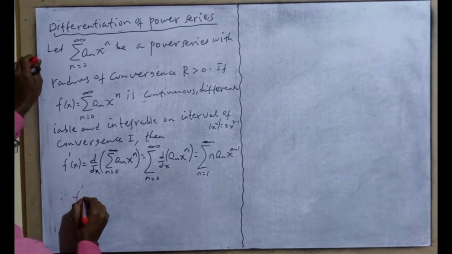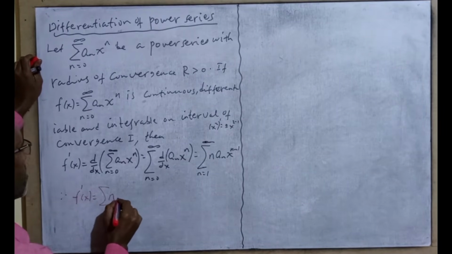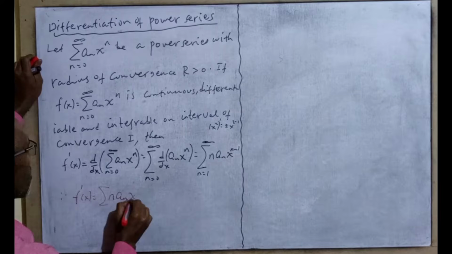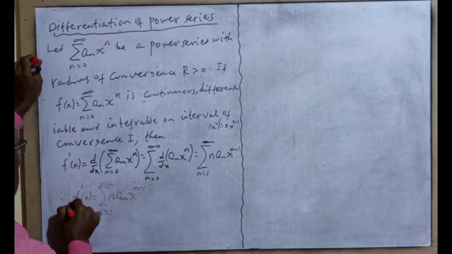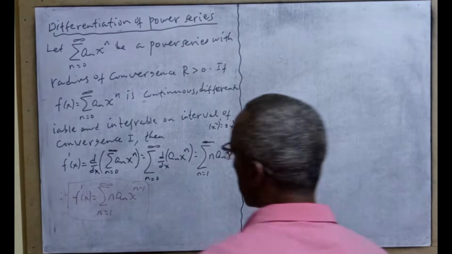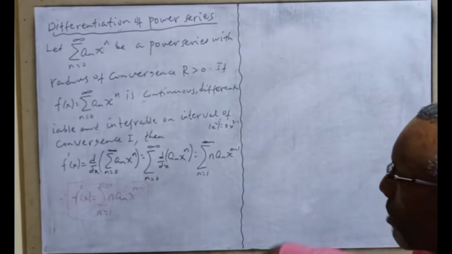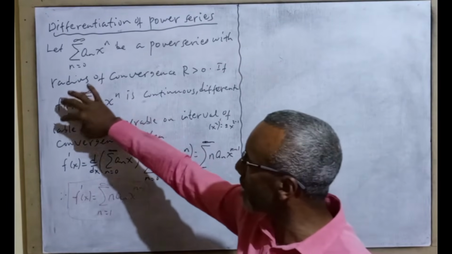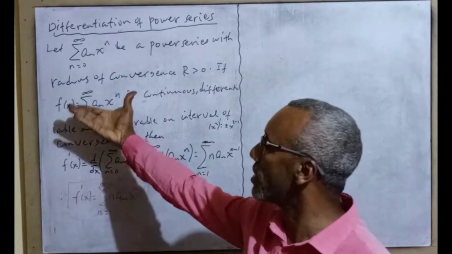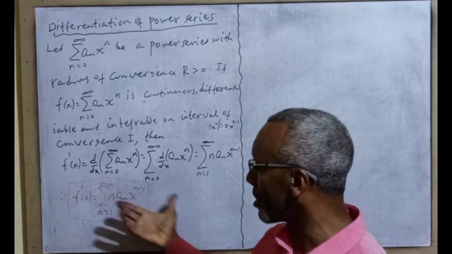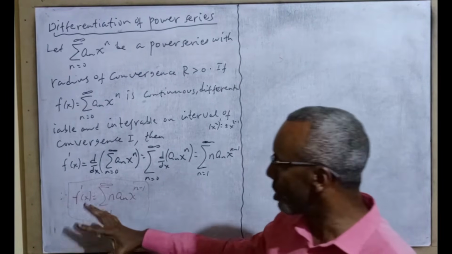Therefore f derivative of x የምንለው ምን ማለት ነው? the sum of n times an x raised to n minus 1, n runs from 1 up to positive infinity ይሆናል ማለት ነው። አሁን ምን ማድረግ እንችላለን? ምን መፈለግ እንችላለን? for any values of x መፈለግ እንችላለን የዚህን ዴሪቫቲቭ ማለት ነው። ወይም ደግሞ አንድ ፈንክሽን ቢሰጠኝ ልክ እንደዚህ አይነት ፈንክሽን ቢሰጠኝ የዚህን ፓወር ሲሪስ ዴሪቫቲቭ በዚህ መልኩ ማግኘት ይችላል ማለት ነው። ለምሳሌ እስኪ በኤግዛምፕል እንመልከተው።